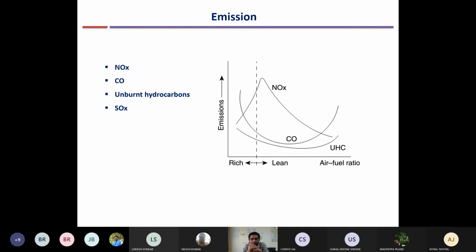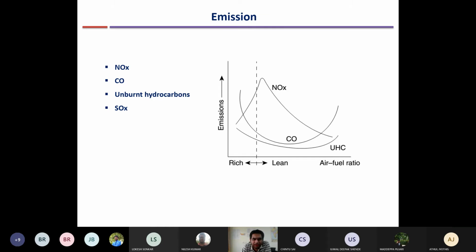Emission from the combustion chamber is slightly different from the emission that occurs for IC engines, where you have unburned hydrocarbon and soot particles because of the richer air fuel mixture that is used. Here, because you have a very lean mixture, the amount of unburned hydrocarbon or carbon monoxide is quite low. There is also a slight amount of sulfur dioxide, unburned hydrocarbon and carbon monoxide, but these are very low.